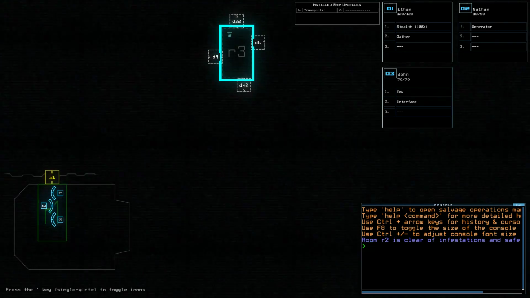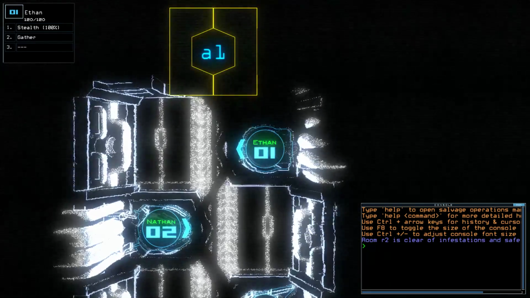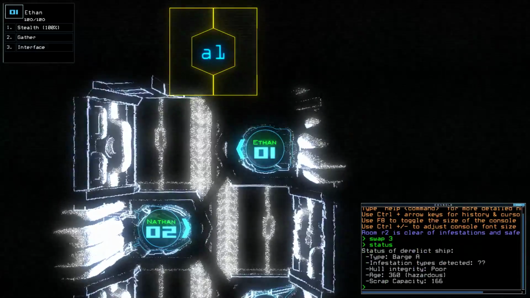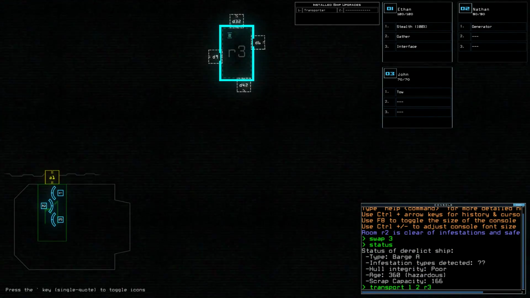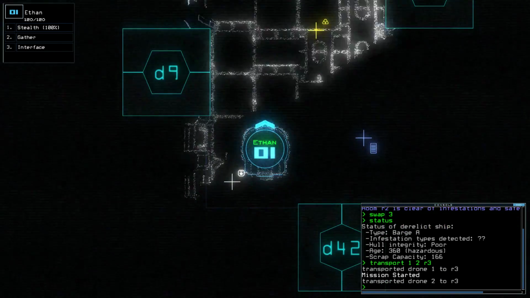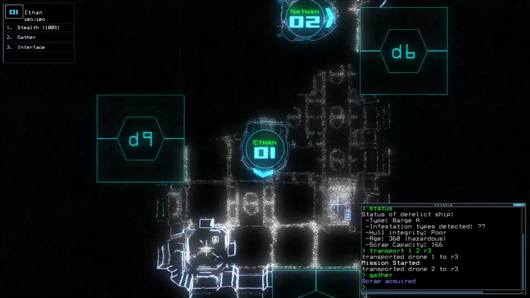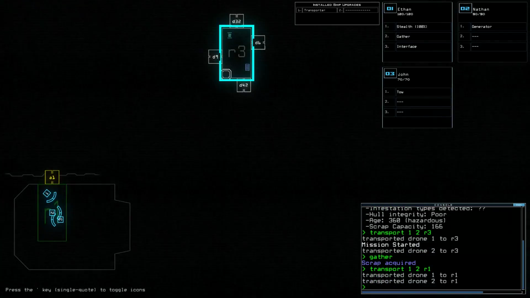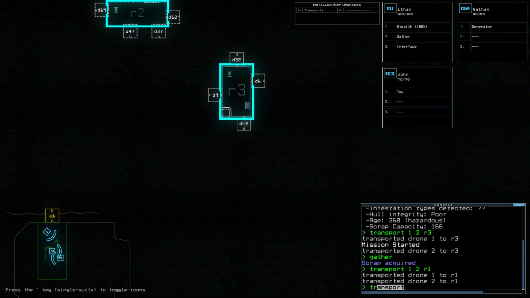Excellent. Today we have Transporter and Stealth. Fantastic. A little bit low, below average drone health, though. And unknown infestations on a barge A. Okay, this room does not have a transport signal. Oh, but R2 does. Right, okay, so the first room...